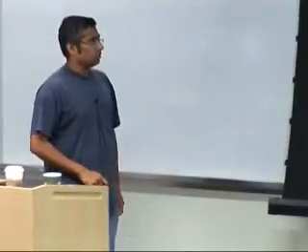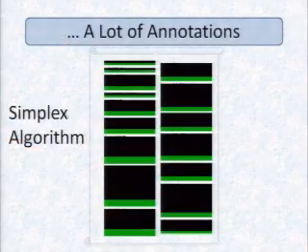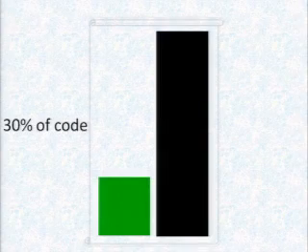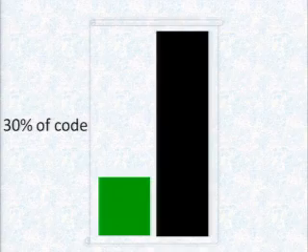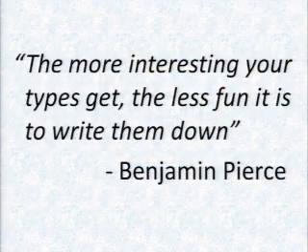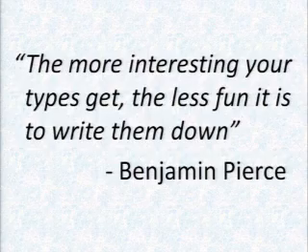And so if I just do that, what you see is about 30% of the code are these pesky annotations. And this is not fun. Much as I like my programs to be verified and so on and so forth, if a third of the code that I have to write is just hints that the verifier needs, then it's unlikely I'm going to do it. And as Benjamin Pierce says, it's not just the fact that it's type annotations. These are pretty complicated type annotations. The more interesting they get, the harder they are to write down.